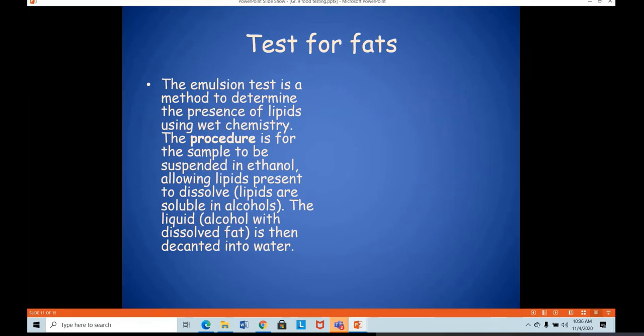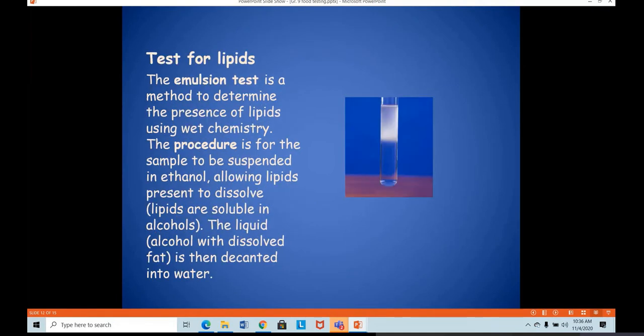Okay, for example, we are taking an oil and testing whether it contains fat or not, because we are taking any food which contains fat. So if you are testing with this ethanol, then if you see the emulsion in it, meaning if you see the presence of fat in it, it will turn into a milky white color. Then you will see the presence of fats in it. Okay, so like this, as you can see.